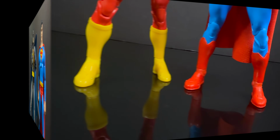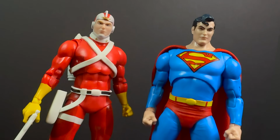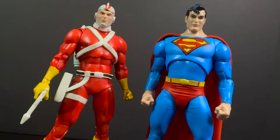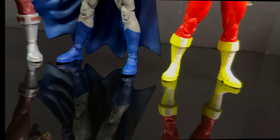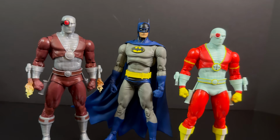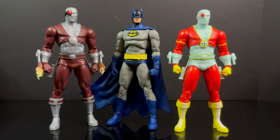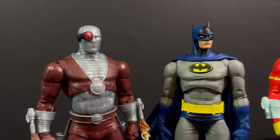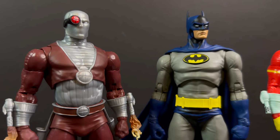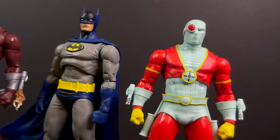To see Adam Strange and Superman together, Adam Strange is a great addition to the DC Multiverse line. Really little to no complaints. He looks great. And then also to see Deadshot with the Nightfall Batman. I wouldn't say Deadshot really goes with the Year 2 Batman. He will, but the Nightfall Batman, that buck body just works so much better with a lot of the villains, the characters that Batman really wants to go up against,